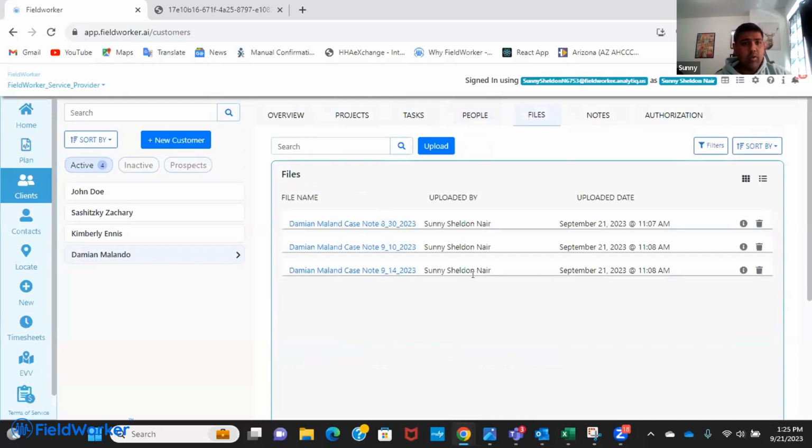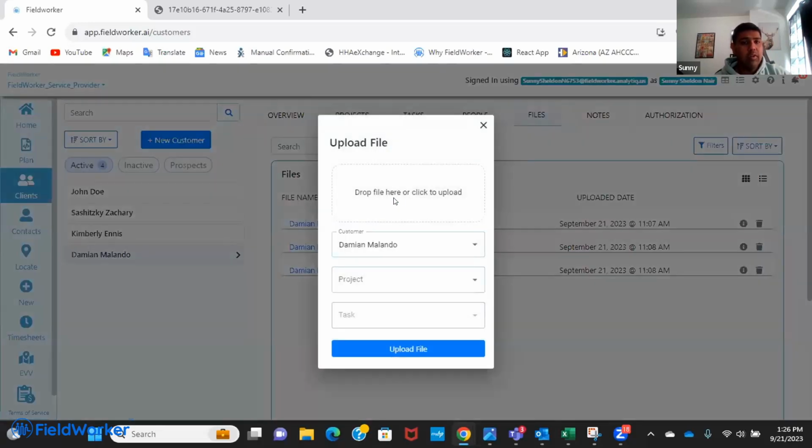We then have files, just going over this. So it's different case notes that you can have. If you're currently collecting case notes in a particular template or format, and it's a paper case note, you can always take a picture of it on the mobile app and upload it to the system. Through the mobile app, we have the uploading of a document which is stored on your phone, or also you can take a picture of a document and upload it to the system. From here, you can always have documents which are a part of your machine uploaded to the system and associated with the task. So if you have a service which is performed and you have a particular case note, you can make the correlation right here.